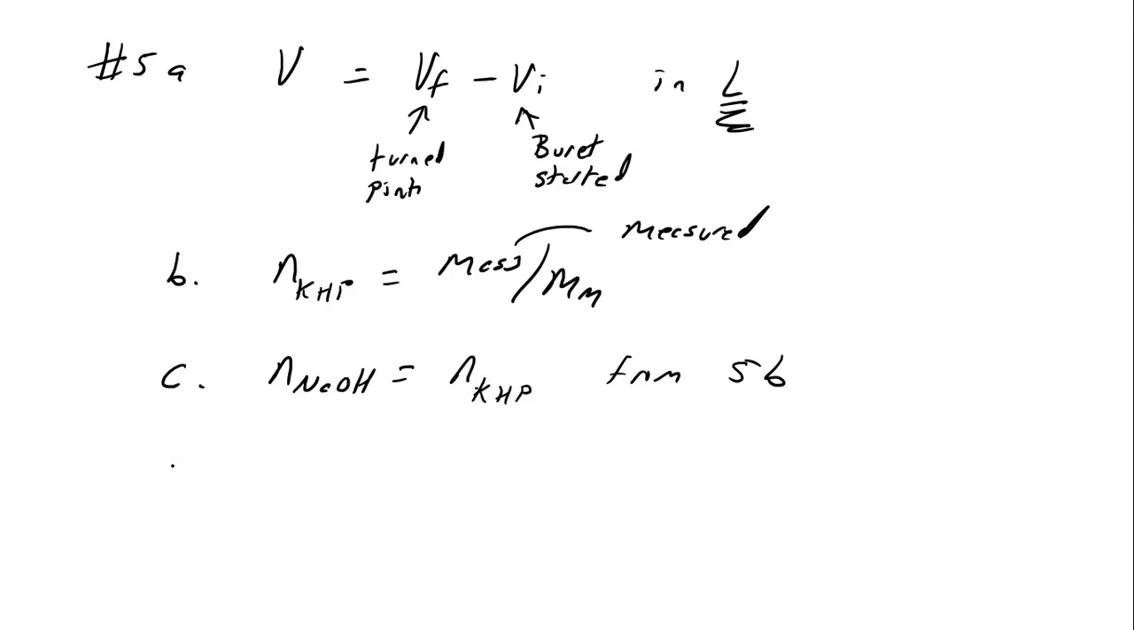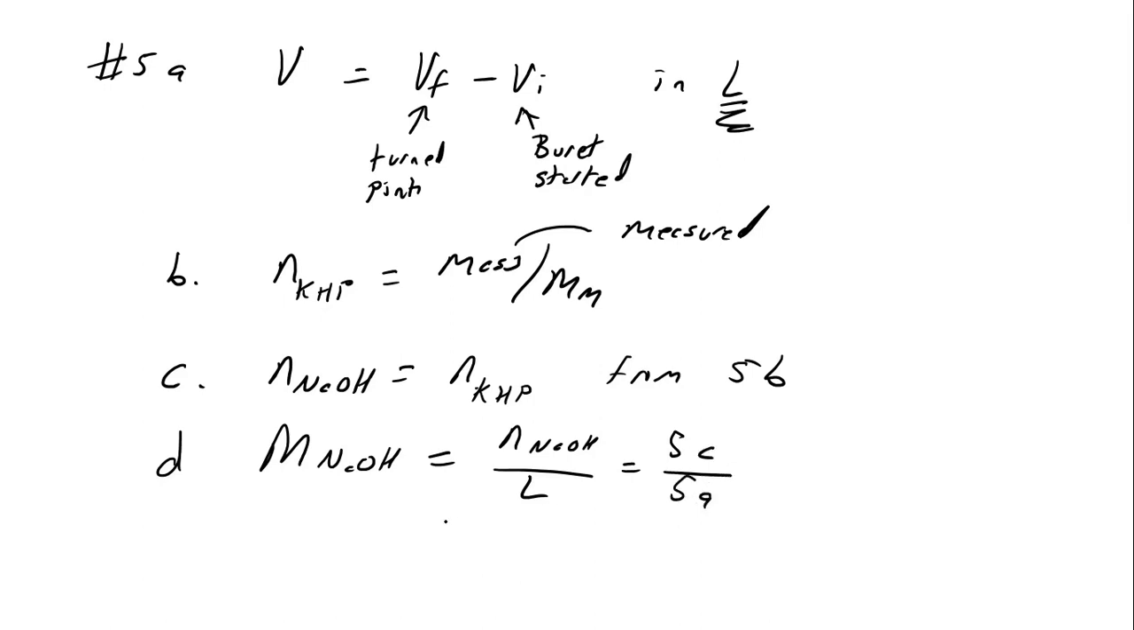Okay? All right, D is the molarity of the sodium hydroxide. How do I find the molarity of something? It's the moles of sodium hydroxide per liter of solution. So that's going to be 5C divided by 5A. And I'm going to then average the 2 5Ds. Okay? All right, so this is KHP